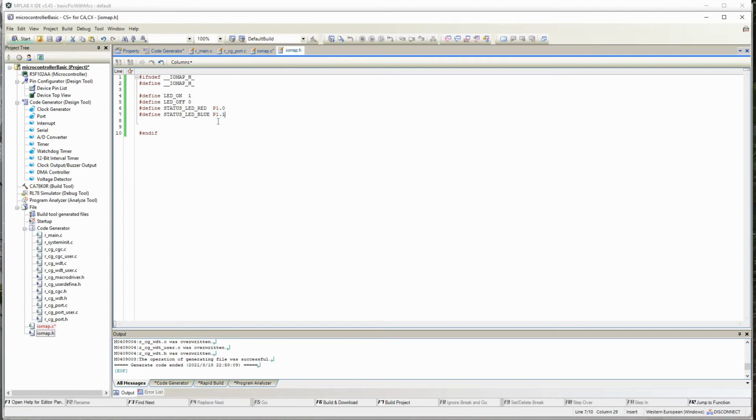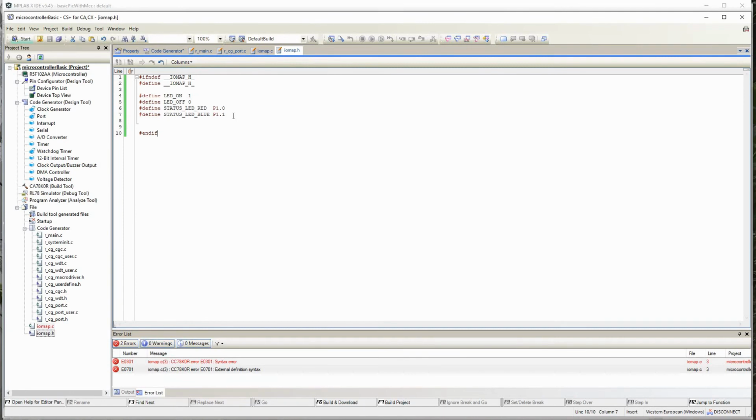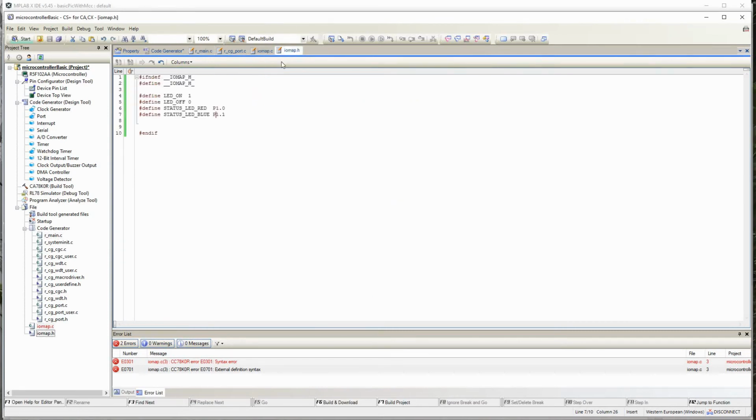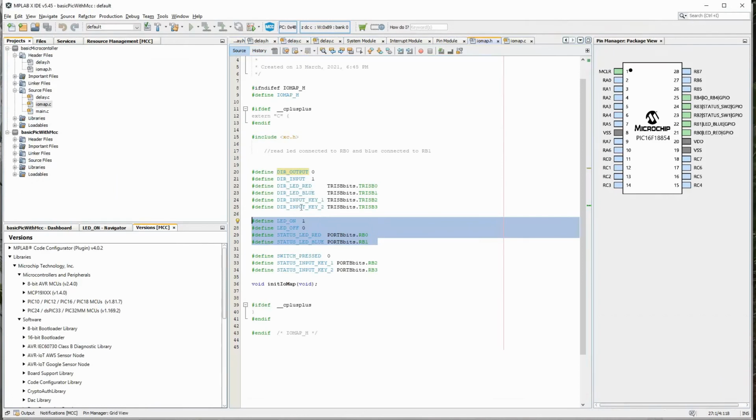You can just copy the code, and if I build this, it will give an error. As I explained in Microchip when I created this, this file does not know where this is defined. So you have to tell where this is defined. This is defined in port.h, but I generally copy these three things because I've seen that sometimes it gives an error if these micro drivers are not installed.